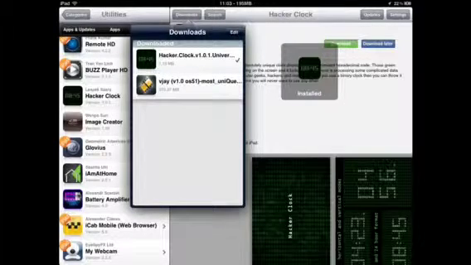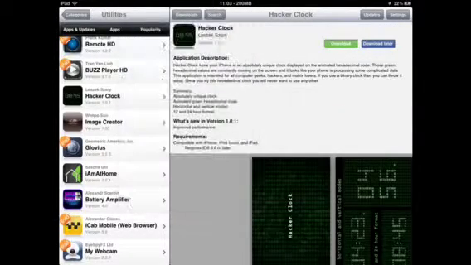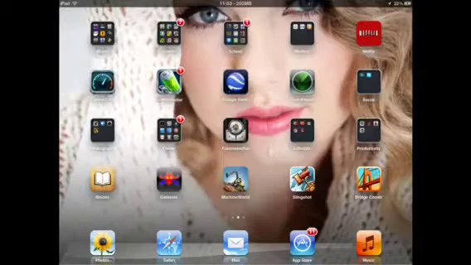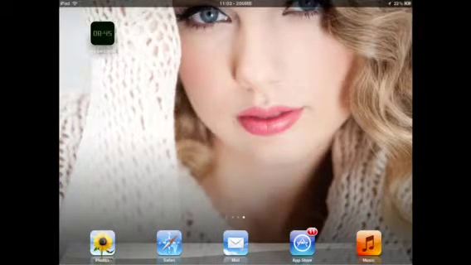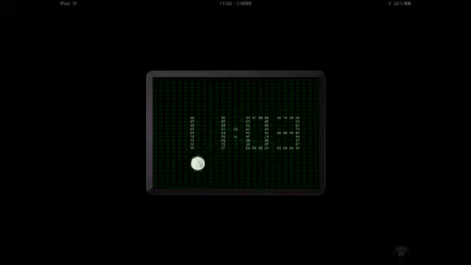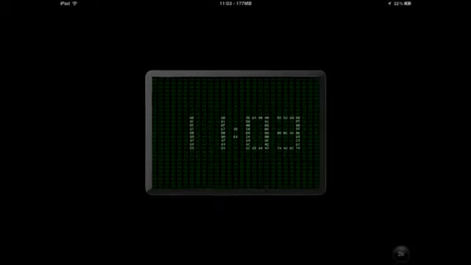And well then, now that it's installed, you go back to your home screen and you can see there. Let me just put this folder out of the way. Okay. So right here, as you can see, Hacker Clock. It's an iPhone version. It's not for that. Now I have Retina Pad, which helps you kind of clean it up a little. But if you go to 2x